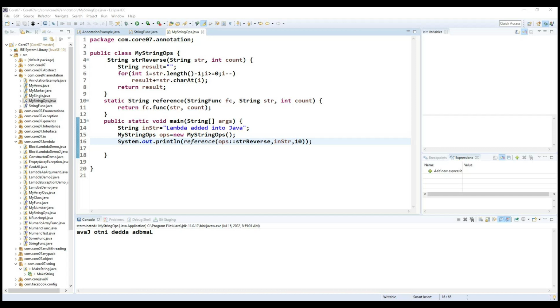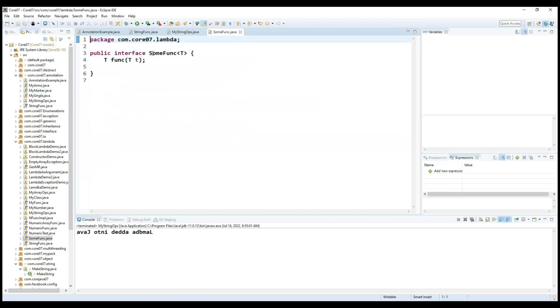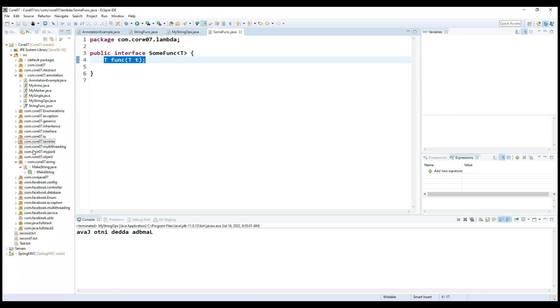Can we discuss the generic concept with lambda? In the simple example, we defined the sum function, which internally expects the same generic type that we implemented inside this lambda as an argument, plus the exception section. But now what you need to understand is how we can write the method references also